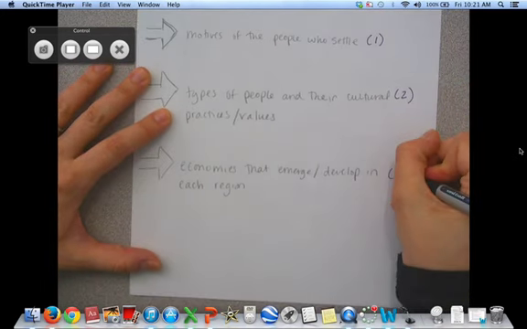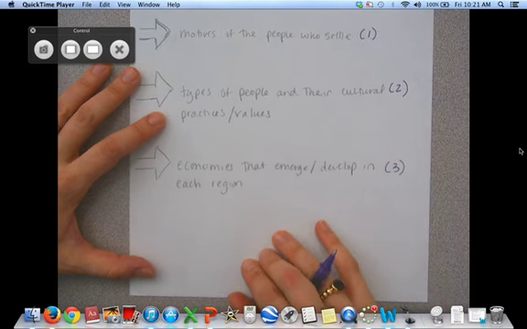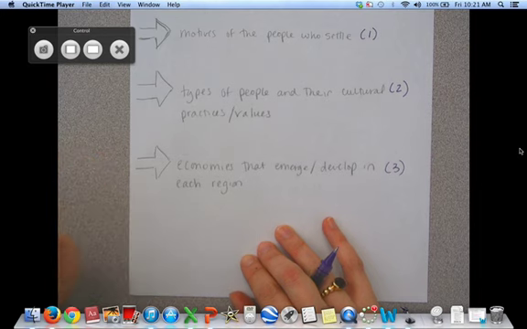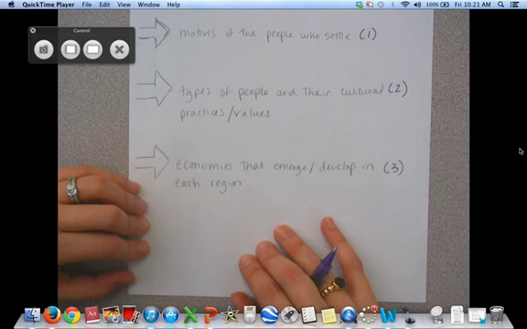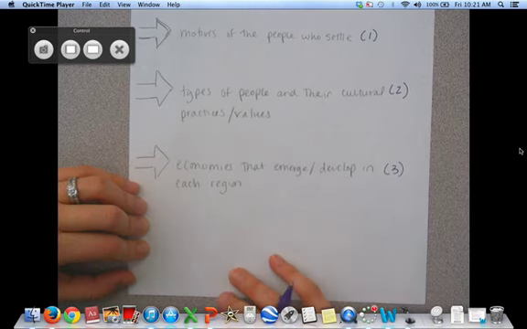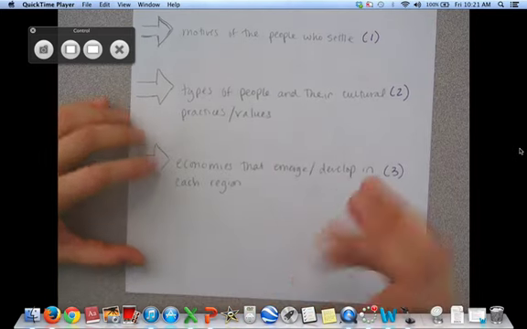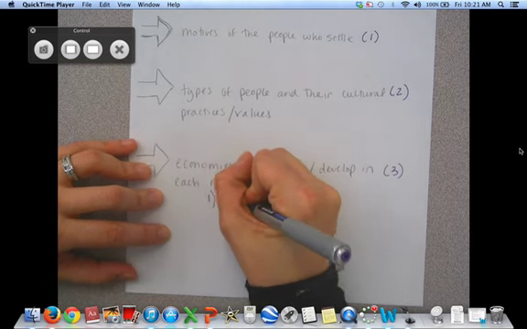Third, and this is a result of two things, the economies that develop. The ways that Massachusetts and other colonies in New England make money are very different from what's going on in places like Virginia, Louisiana, Georgia, South Carolina, and North Carolina. The colonies in the South make money in a very different way than the colonies in the North. That's for two reasons. One, and I'm going to write this in here because it's kind of complicated, it has to do with the actual geography